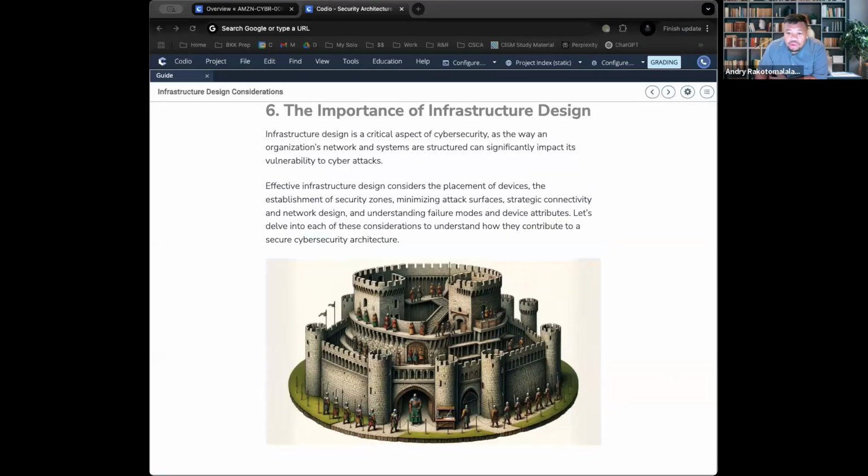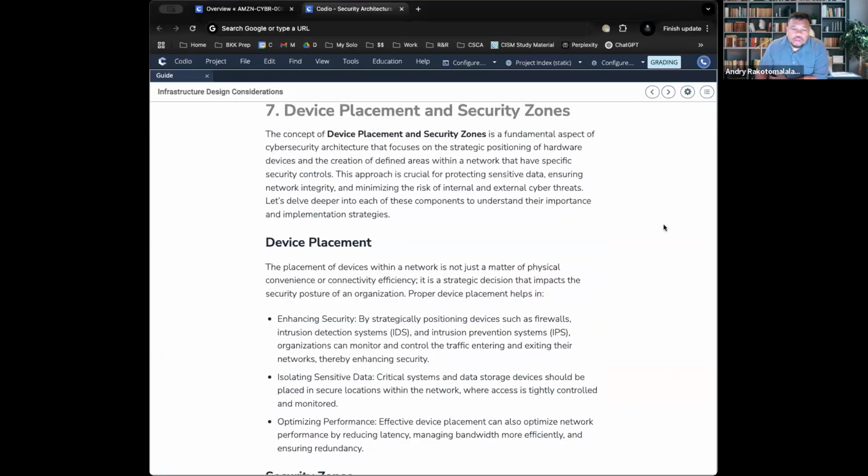So one of the important things to understand with infrastructure design is placement. So there is something called different security zones, right? When I say device placement, we talked about this a little bit, where you have a network. In that network, you have different zones.